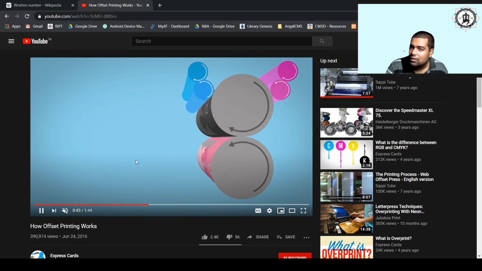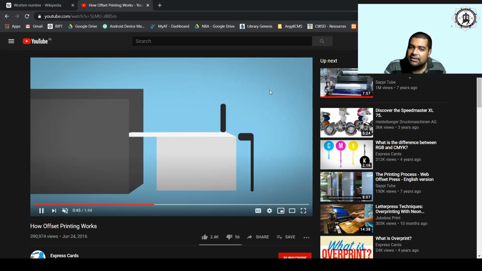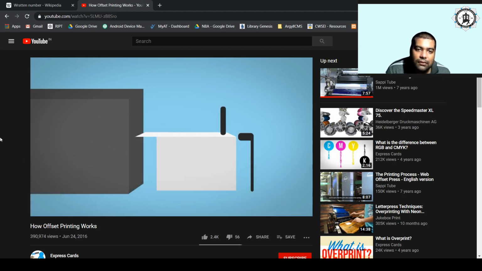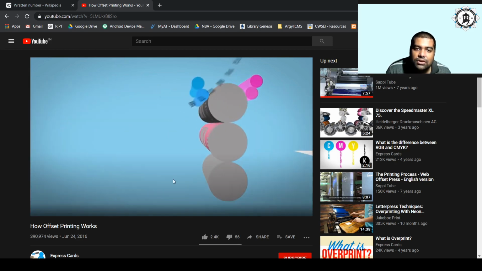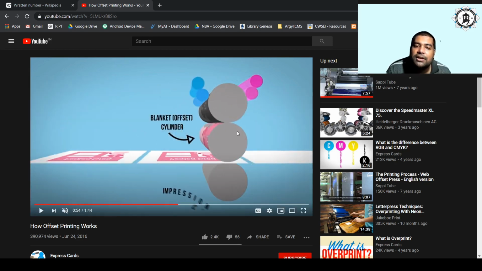So just take a look. This is the dampening rollers, this is the inking rollers. This is the feeding section of the press. You feed the paper into the printing machine. This is the first printing unit, which is printing using the magenta ink.